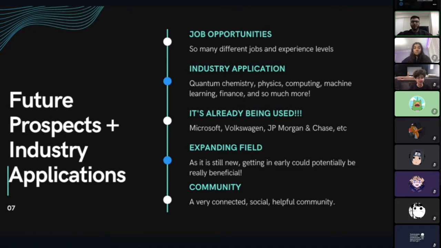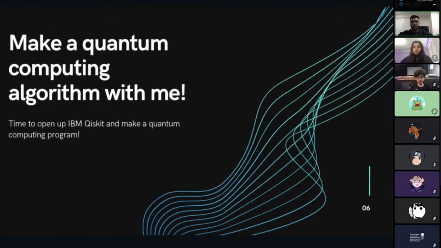It's like ever expanding. And since it's still new, if you get in early, it's the best time because you're there at the start. You know everyone. You know what you're doing. And then as soon as it develops, you've already been there. So it's like founding Facebook, right? When it started, it was very small, but now it's massive, right? And it's also providing a very nice social community. But yeah, that's a little bit about quantum computing in the most basic sense.